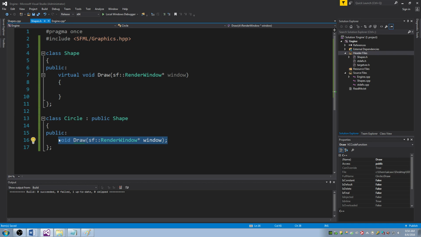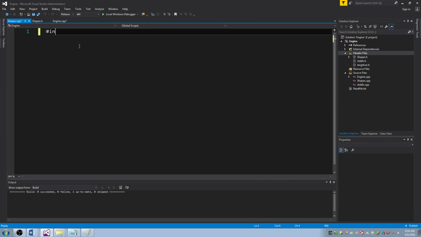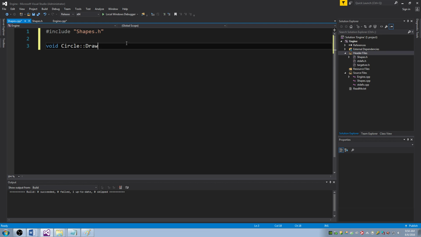And this function we're going to implement in our CPP file. We could implement it here, but I kind of want you guys to get used to implementing these functions elsewhere. So I have this function which is called draw. It's in the circle class. So I'm going to switch to my shapes.cpp. At the very top of my shapes.cpp, I'm going to include shapes.h because I know I need that. And I know that I have a function that's a void under circle called draw. Takes an SF render window